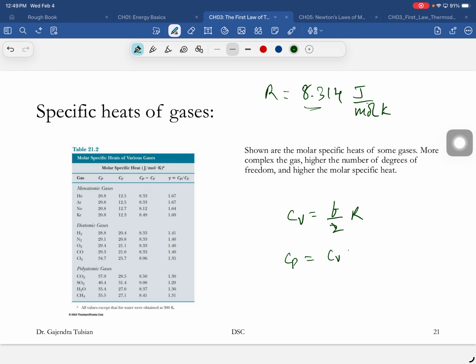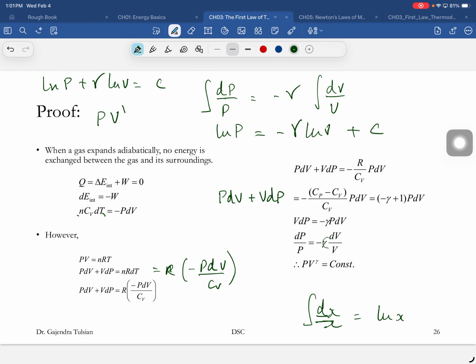And so log p plus gamma log v equal to a constant. P, and v to the power gamma, is a constant. Okay, and so raise both to the power e,